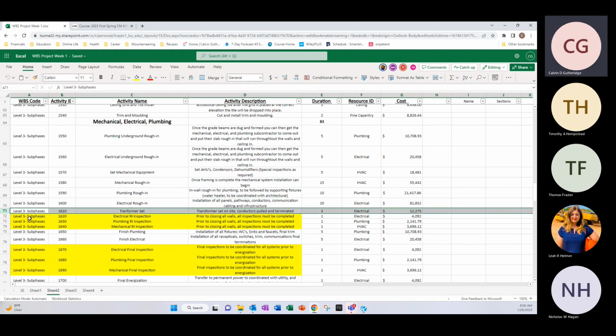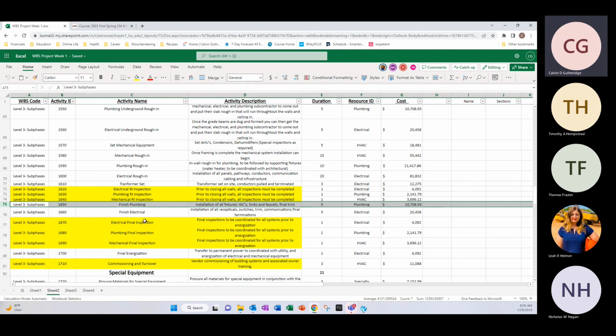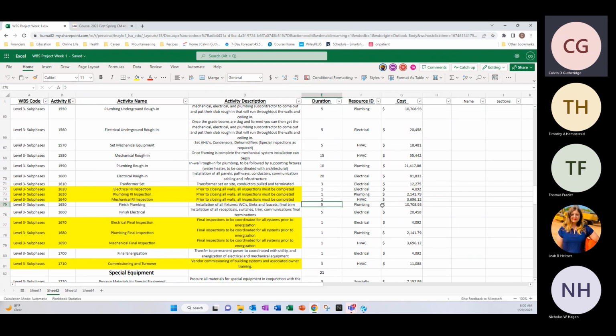And then we will be setting the transformer, which is a 3-day electrical activity for 12,000. And then we have all of our inspections, electrical, plumbing, mechanical, each calculated for a 1-day duration under electrical, plumbing, and HVAC respectively. Then following those inspections, we will do our finished plumbing, calculated at 5 days for plumbing activities